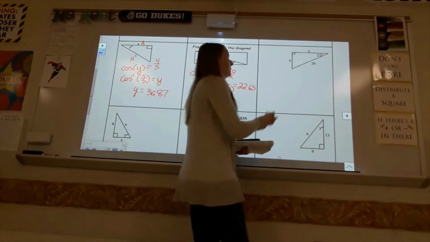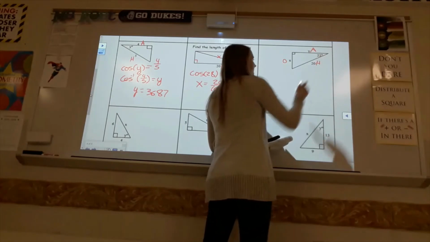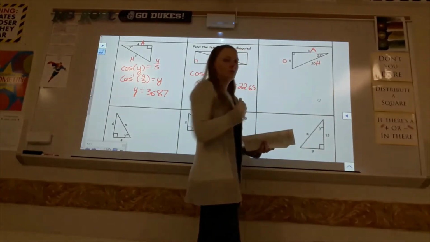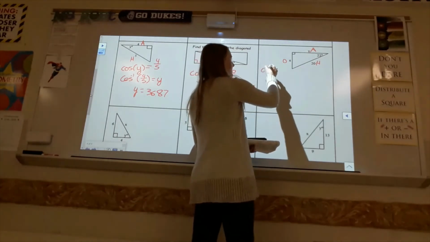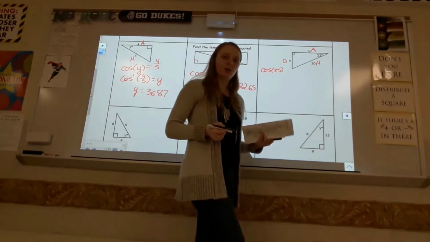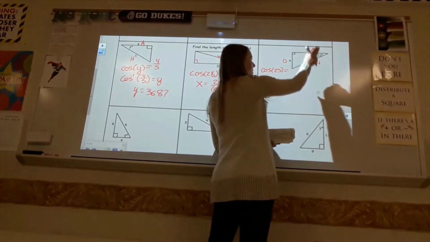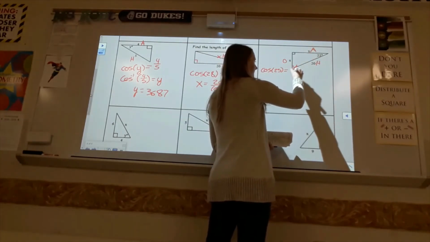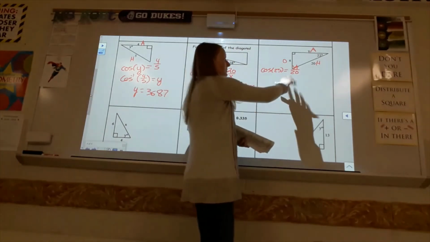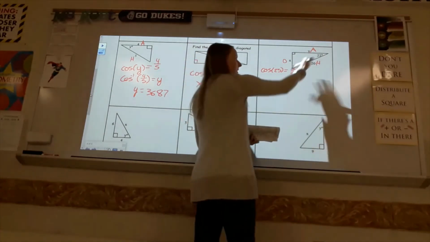All right, next one over. Just another example. We have the side opposite, side adjacent, and the hypotenuse. If I'm solving for y first, I pretend the x isn't there. I have A and H, so SOHCAHTOA, so cosine. The cosine of 25. I'm using trigonometry because that angle is not 30, 60, or 45. Cosine would be adjacent over hypotenuse, so y over 20. When the variable is in the numerator, all you have to do is get rid of the 20,